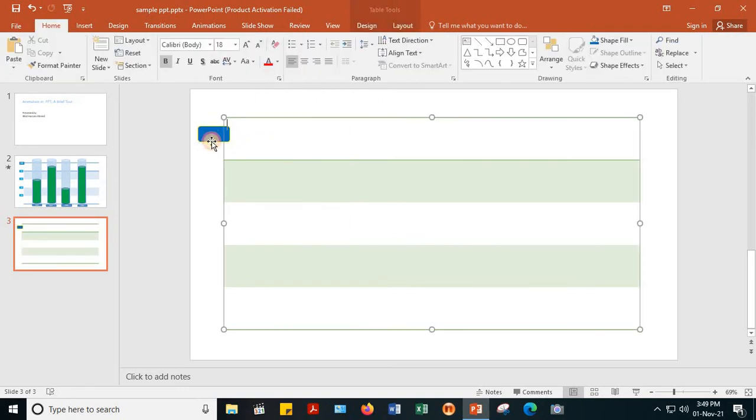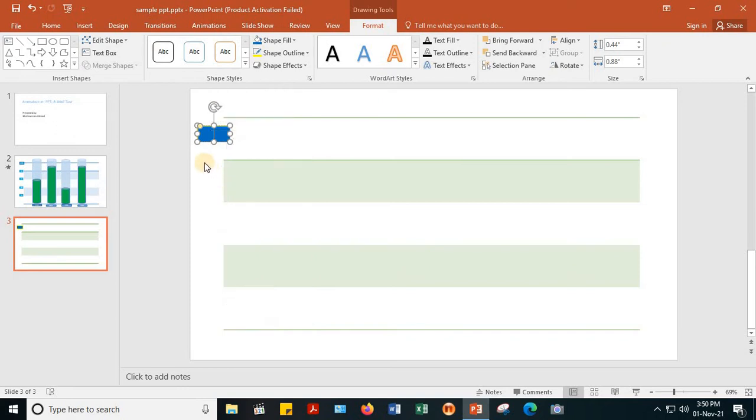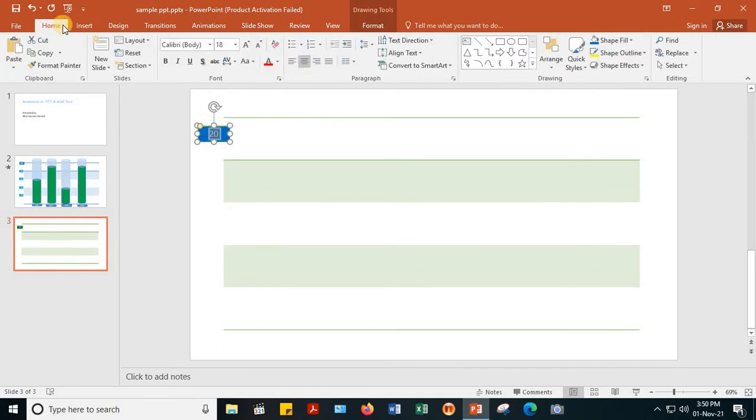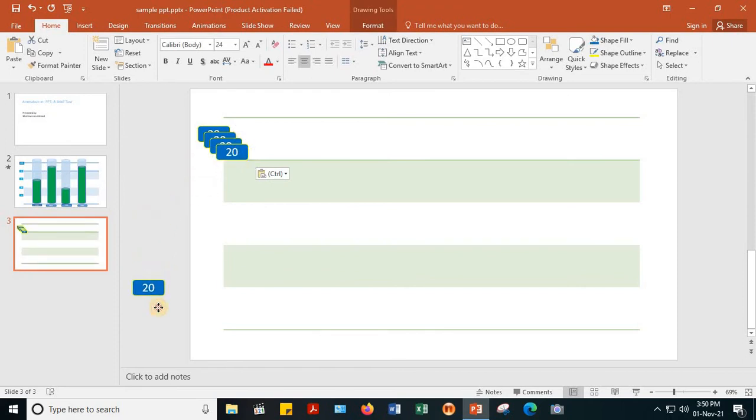Now you need to put the text here. So I am using Edit Text and putting it. I am dividing 100 into 5 by 5, so 20. You can make it bigger also by going to Home and increasing the size of the text. So 20. Now since I need 5 such options, I'll just click it and copy, and I am putting it here for a clear perspective so that I can see it.